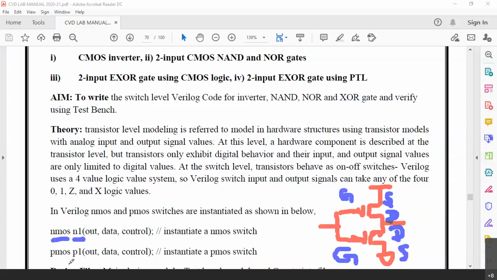Similarly, for PMOS, it can be out, data, control. Now, control can be VDD and VSS. It is different for both the MOSFETs, whereas gate is the input, drain is the output. That way, this particular command, NMOS or PMOS, has its own syntax, and it has to be followed in